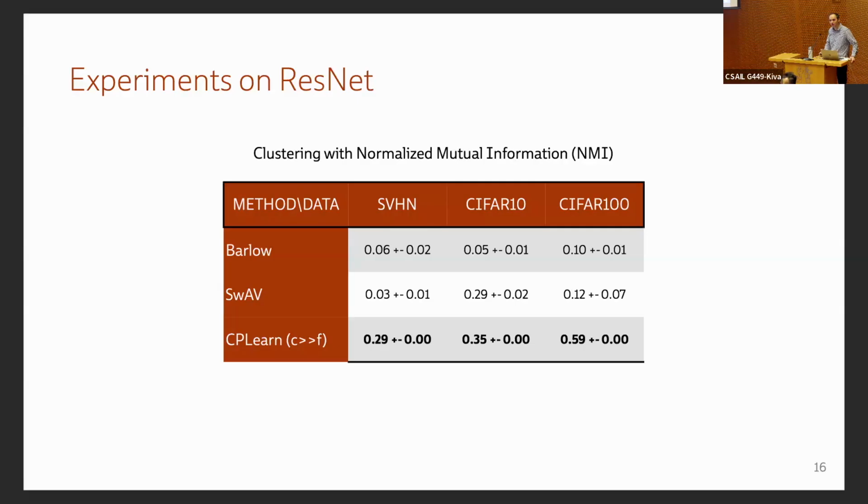Yeah. What is the metric? NMI is just the normalized mutual information, and it's just computing mutual information between your prediction and the classes of the data set, let's say. Oh, I got it. So it's not like accuracy. No, it's completely unsupervised. You are not training on the labels compared to the linear classification.